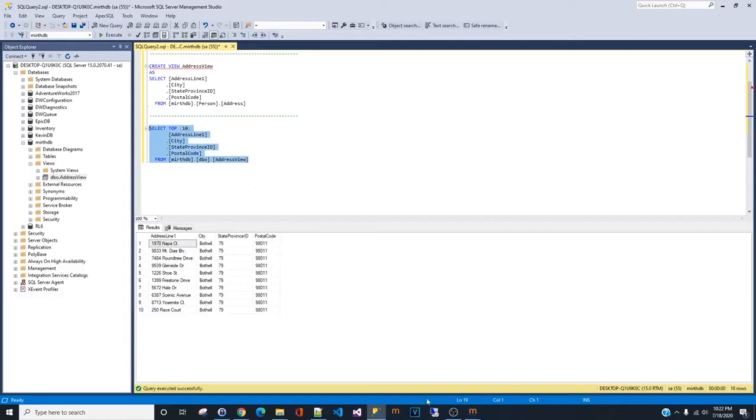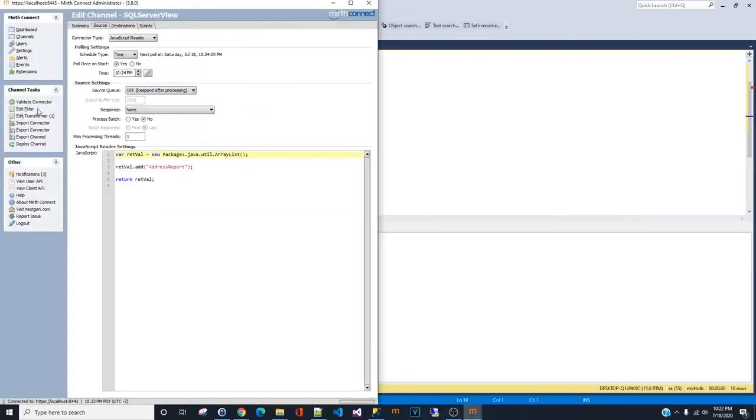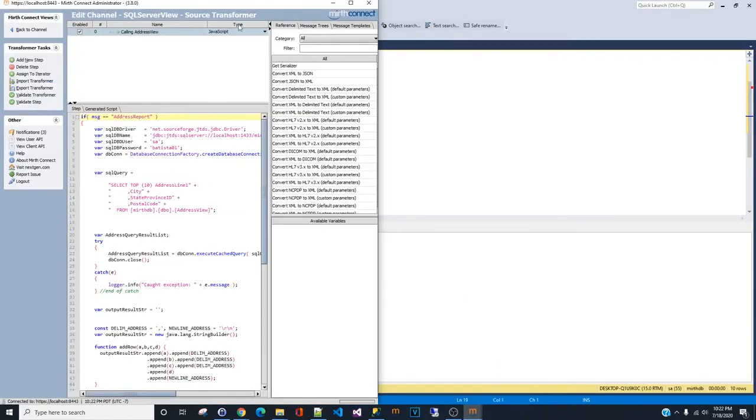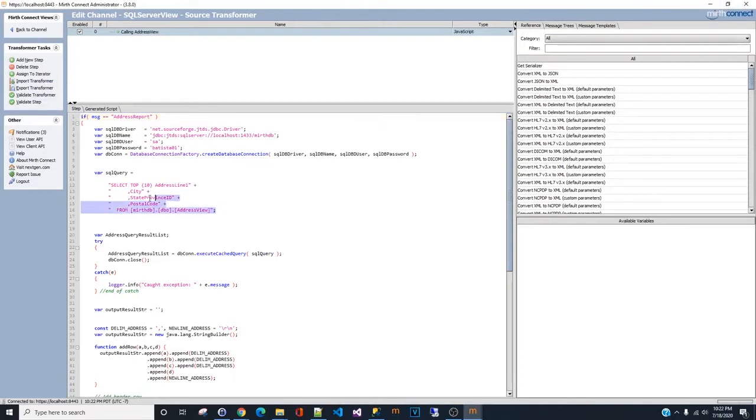Okay, so these are the data that we're going to populate here in our transformer. Okay, you see that? Select top 10 from this view. Okay,